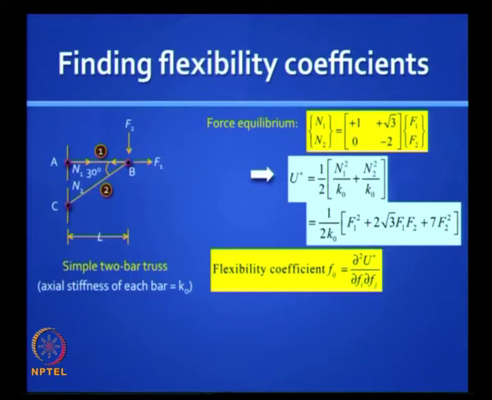Earlier what did we do? We wrote a relationship between E1 E2 and D1 D2. Now we write a relationship using equilibrium between N1 N2 and F1 F2, and we will study in matrix methods that this coefficient matrix you get here is actually the transpose of the other matrix which we got in displacement method. We will give a formal proof for that later. Now you calculate, you write an expression for